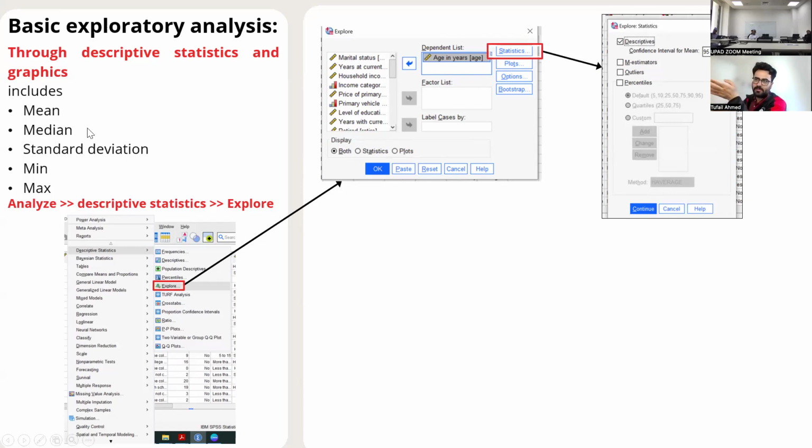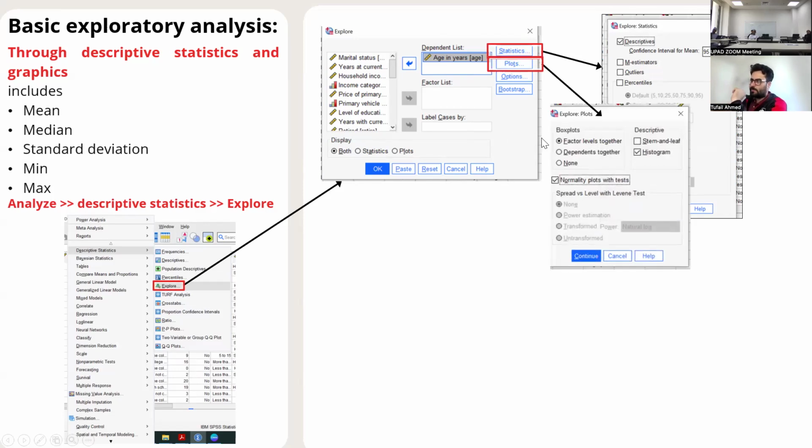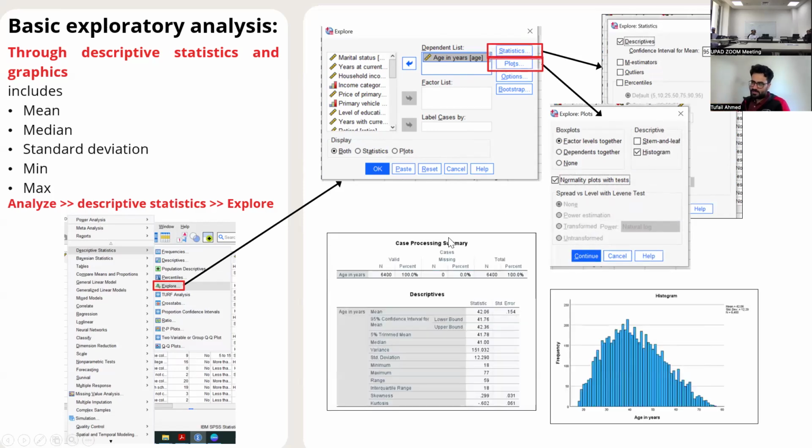It will give me mean, median, standard deviation, minimum and maximum. I can also plot charts, and I can choose what kind of plots I need, such as a histogram. So I will come up with a summary of the variable that I wanted to explore, and I will also have some charts and graphs. This is one way of exploring.